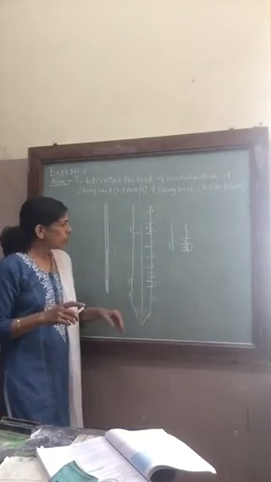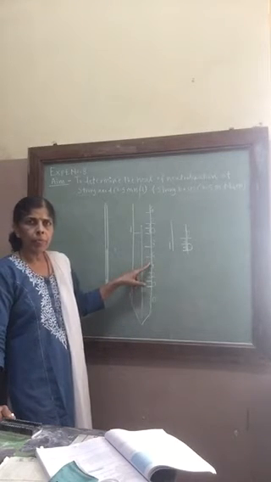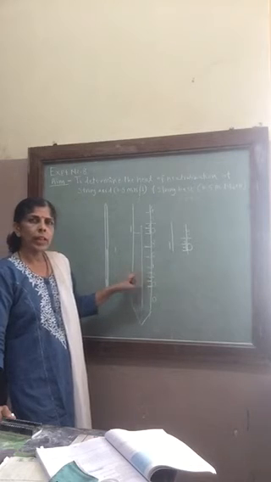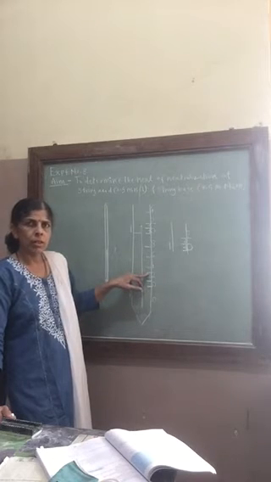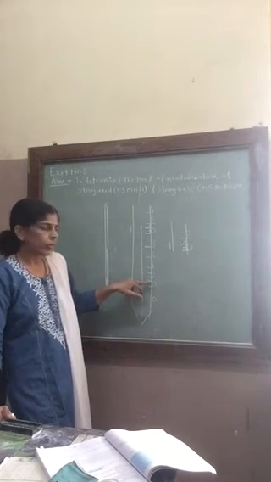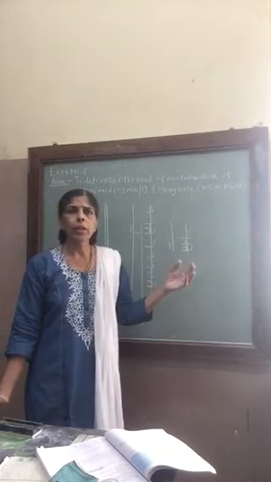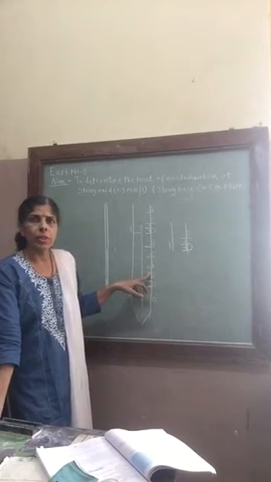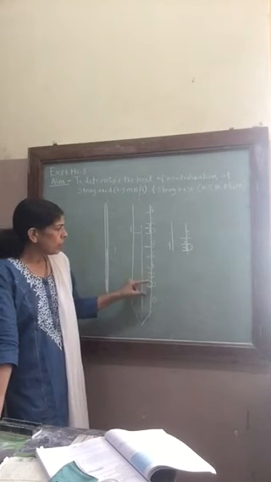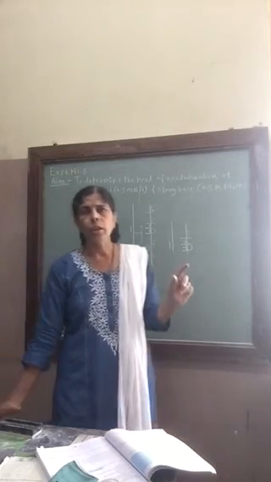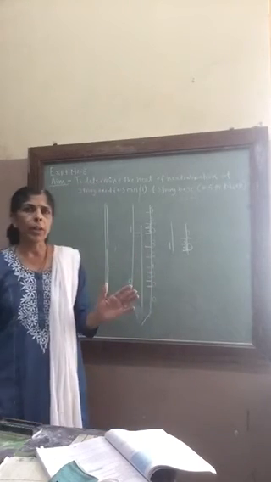What you have to remember: only even numbers are printed, odd numbers are not printed. But odd numbers are the lines which correspond to the head of the even numbers. Even numbers you have to see very carefully. The bottom of that number is touching a line which corresponds to that particular number, and the head of that number is touching a line which corresponds to the next odd number. Very simple. In between you have 10 lines, and each line corresponds to, of course, 0.1 degree. This way you are going to read the thermometer very carefully.